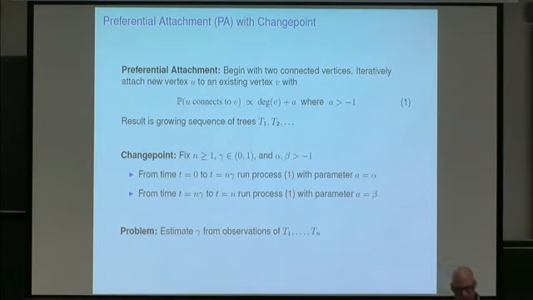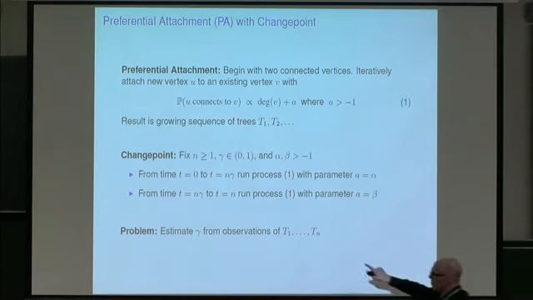We were interested in considering this from the point of view of a change point. The only parameter here is A. So what if we run this process with a parameter alpha for a certain amount of time, and then after a certain time we switch and run it with a different parameter beta? That's the very simple problem we were interested in. Here n, the number of times that we run the process, is large, gamma is fixed and won't vary with n, some number in (0, 1), and alpha and beta are the respective parameters.